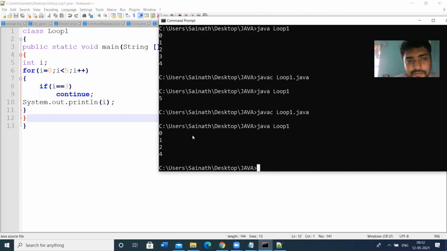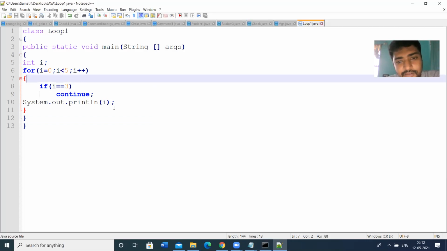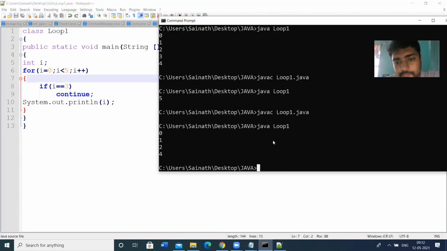So this is the correct output. If you give the if condition and continue statement without braces, this is not treated as one block. So I have used the parentheses, taking this as one for block. Then we are getting the correct output. For i is equal to 0, the value is printed. For i is equal to 1, the value is printed. For i is equal to 2, the value is printed.